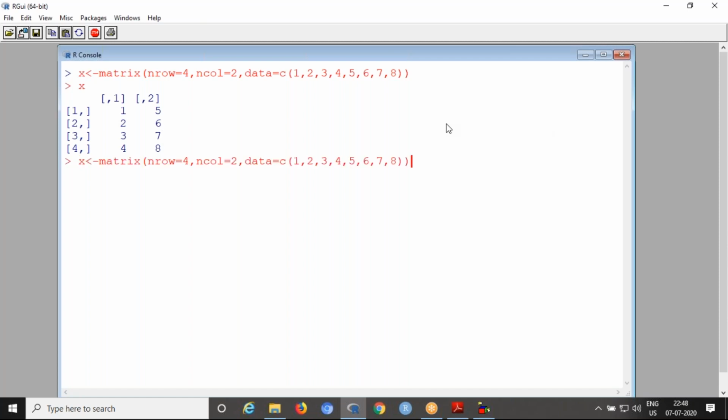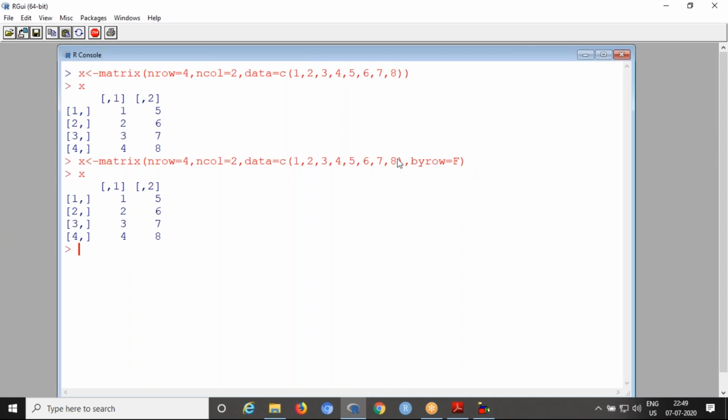Suppose in the same command you specify byrow equal to, you can use two options, capital F or FALSE. Now you can call the matrix. Here you can see any change from the previous output to this output? There is no change.